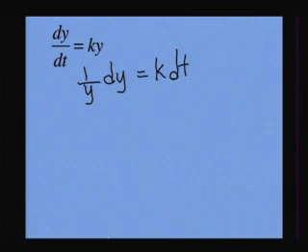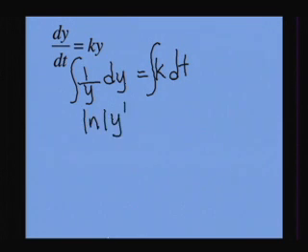Then what we're going to do is integrate both sides. So I'll just stick the integrals in there. And then on this side, we're going to get the natural log of the absolute value of y. And on the right-hand side, we're going to simply get k as a constant, remember. So we're going to get kt plus